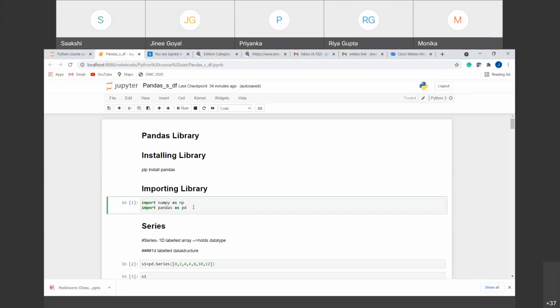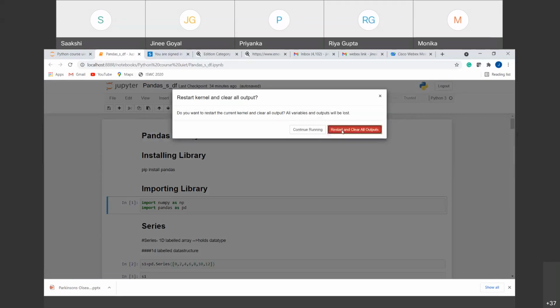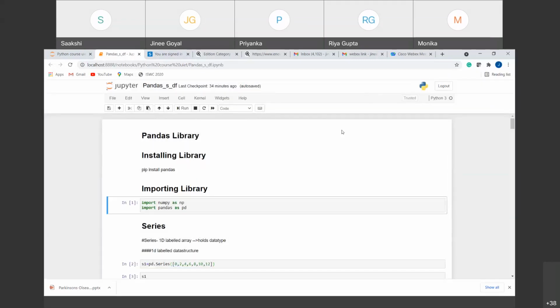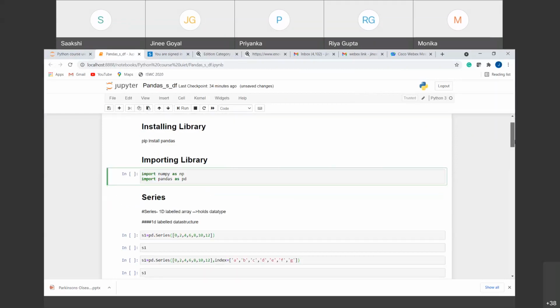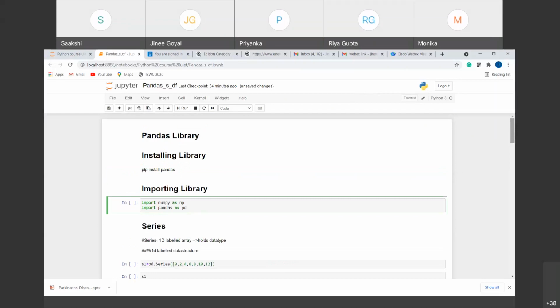Next is after you are done with your installation, you have to import it. So you have to import the library. With the pandas library, we sometimes also require the NumPy library to use some of the functionality of the NumPy library that is needed in the pandas library also.